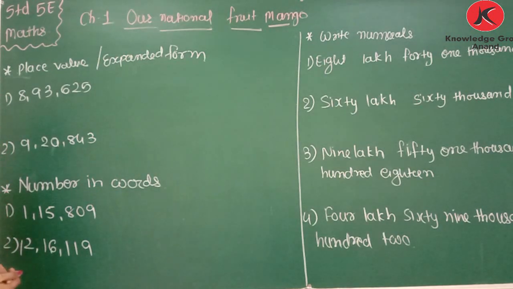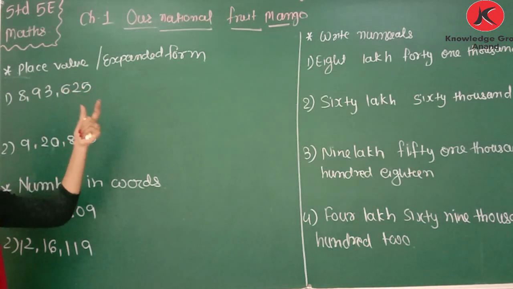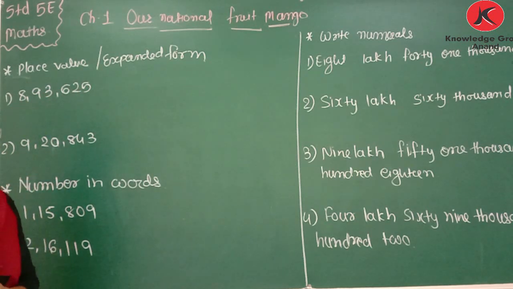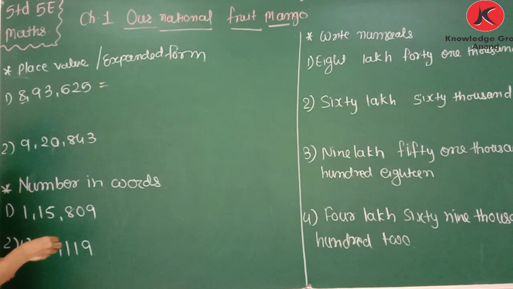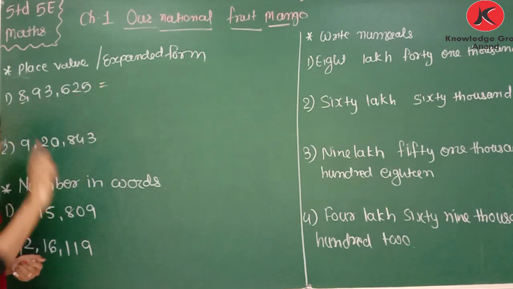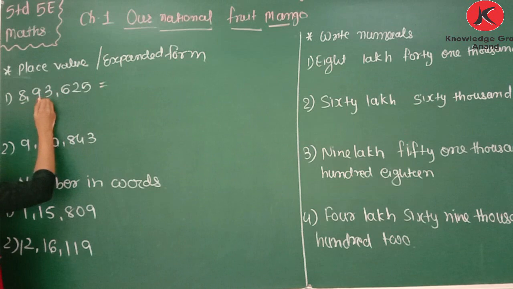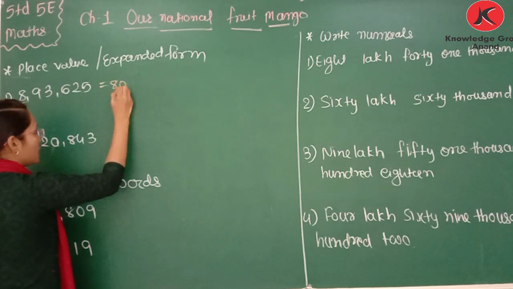Okay, so what is the first? That is expanded form or place value. Here I write the place value. Instead of writing the place value of each digit, we write the expanded form. What is the expanded form? It means writing the place value of each digit. So what is the place value of 8? It is 8 lakh. Why? Because it is at the lakh place. Here we need to start from ones, tens, 100, 1000, 10,000 and lakh. So 8 is multiplied with lakh, so it is 8 lakh.